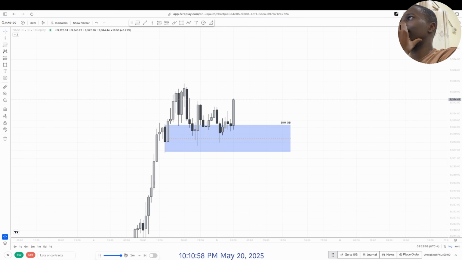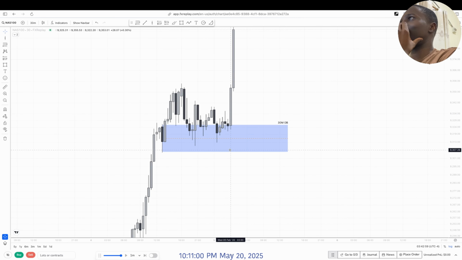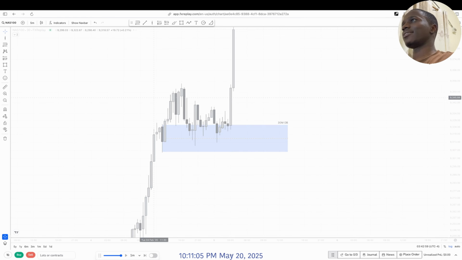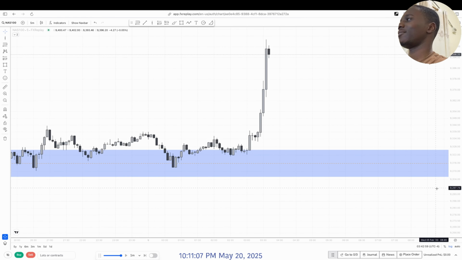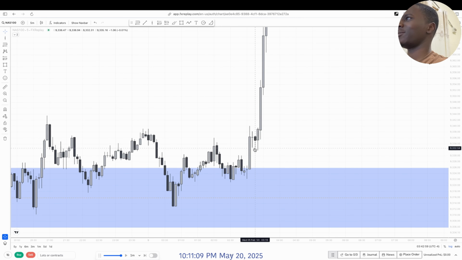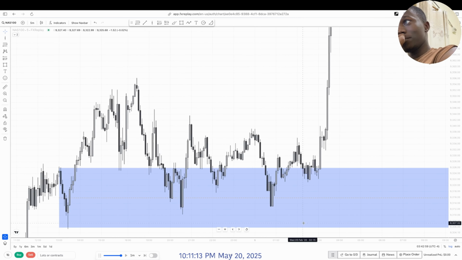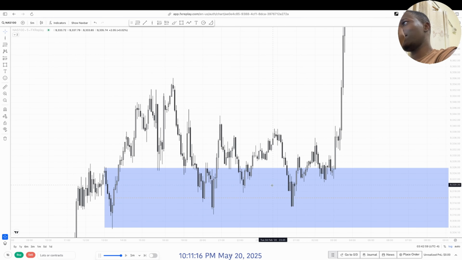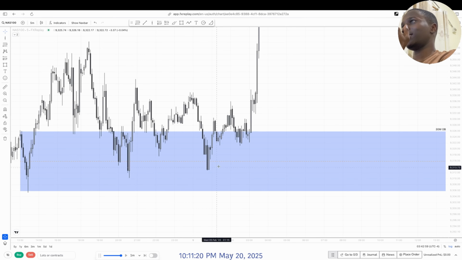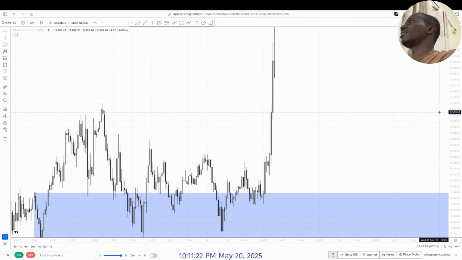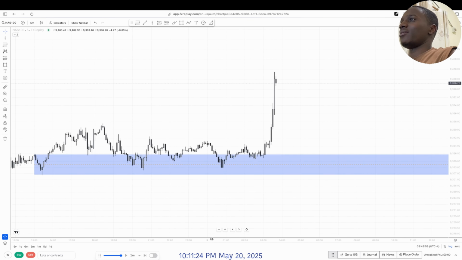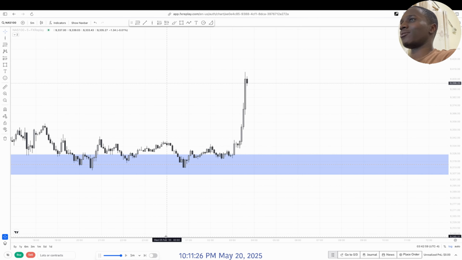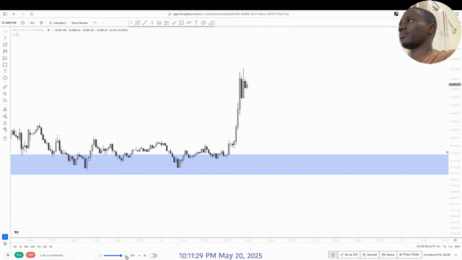So New London opens, and wow, what a push. Look at this. So in the 5 minute, did we get a fair value gap retest as we wanted? Well, this one isn't a strong one, but you can see that we were consolidating a bit, took out some lows, but we still have sell side liquidity resting here though. Shouldn't ignore that. So now we are still in a massive bull run, and let's wait and see.